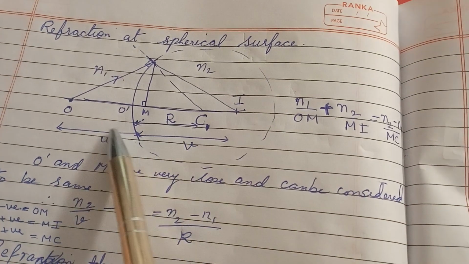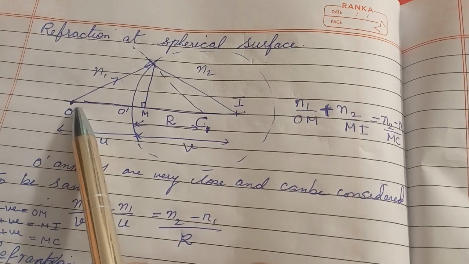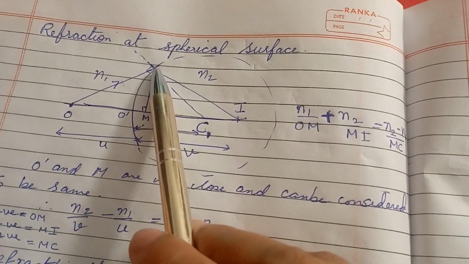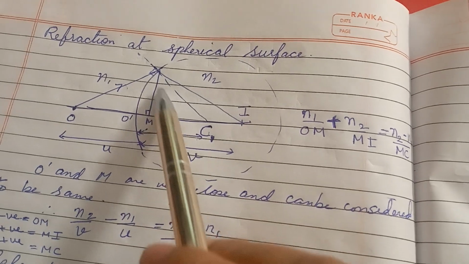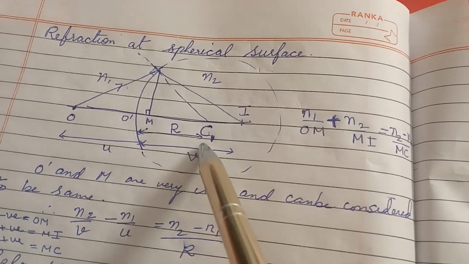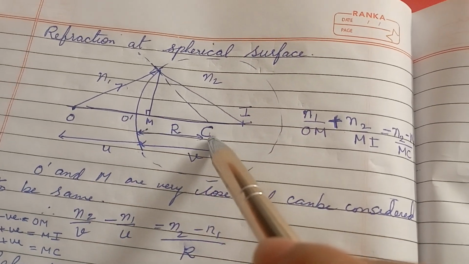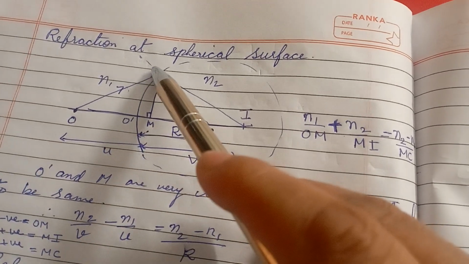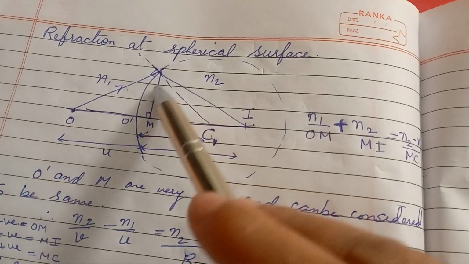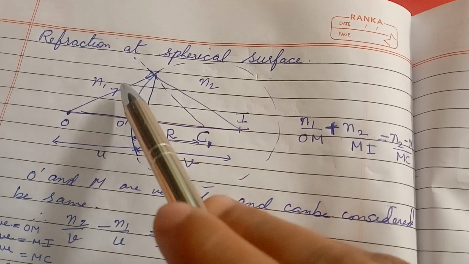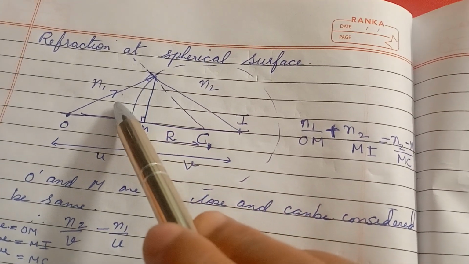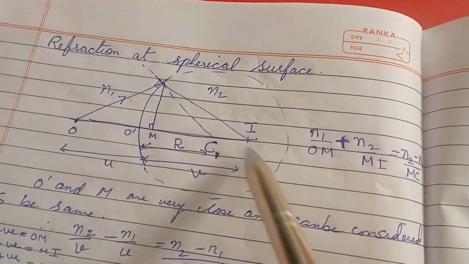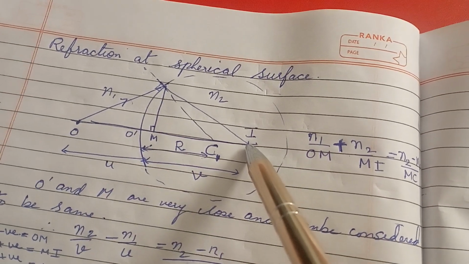So in this diagram, as you can see, the object O is placed here and it forms an image. It strikes the lens at this point. Okay, so we draw a normal from the center of curvature, because whenever light falls from the center of curvature, it falls normally to the lens. So this will act as the normal for this ray. So as the ray is traveling from the rarer to the denser medium, it will bend towards the normal and the image will be formed at I.